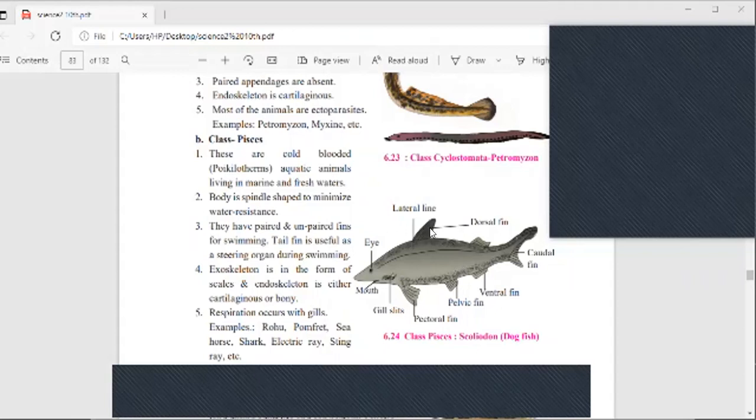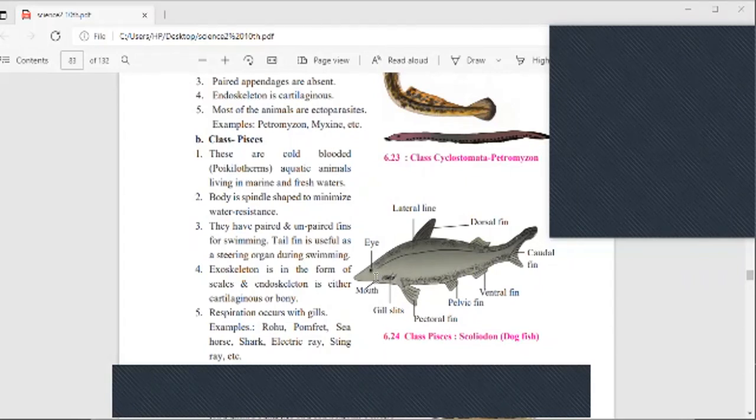The dorsal fin is on the dorsal side, and ventral fins are towards the ventral side of their body. The pelvic fin is paired, as we just saw in the video. The pectoral fin is also used to swim inside the water body and minimize resistance to the water current. The mouth is towards the anterior end. Eyes are there, and nearby the mouth there is one more organ called the operculum. It is not shown here.